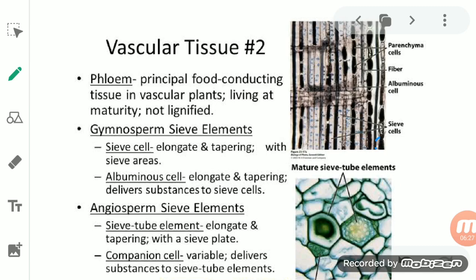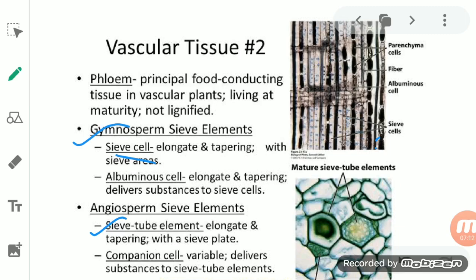And this is common for both of them, whether that is a gymnosperm sieve element, that is the sieve cell, or that of the sieve tube. In both cases, they do not have a nucleus, so both become enucleated at maturity. They have cytoplasm in it instead of the nucleus. So they lose the nucleus at maturity, but the cytoplasm will remain there. So we can say that it is enucleated with a living cytoplasm in it. So cytoplasm is there, but nucleus is not present in it.